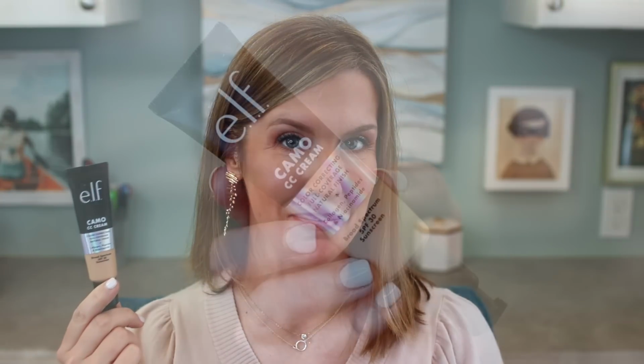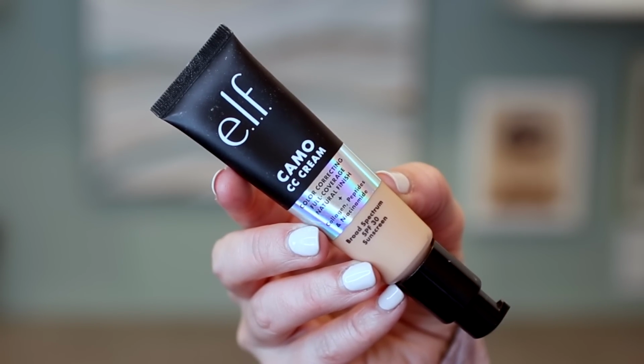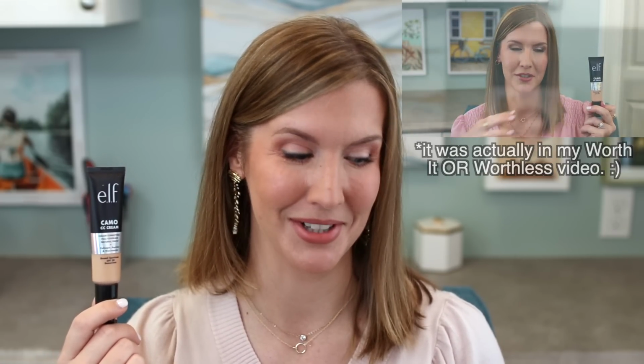Camo CC Cream in a dupes video, so you've kind of had a sneak peek as to how I feel about it compared to the IT Cosmetics CC Cream. Now, in that video, I did state kind of the main reason why I think they're not exact dupes, and I will cover that a little bit in this video too, because there is a main reason. This retails for around $14 for 1.05 ounces of product. There are 16 shades, and I'm in the shade Light 280N,